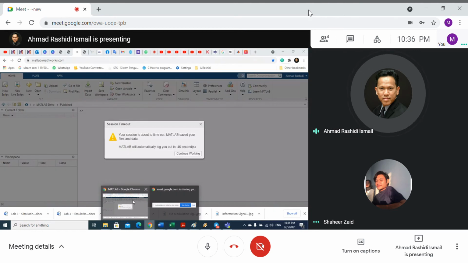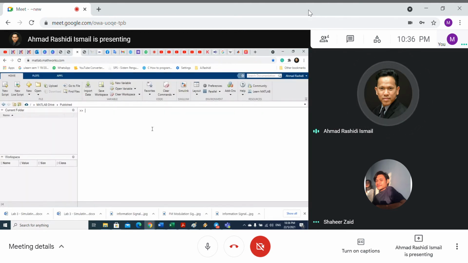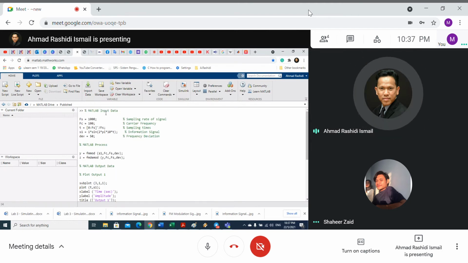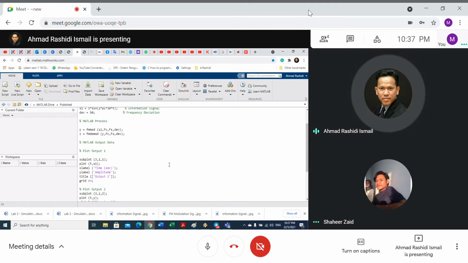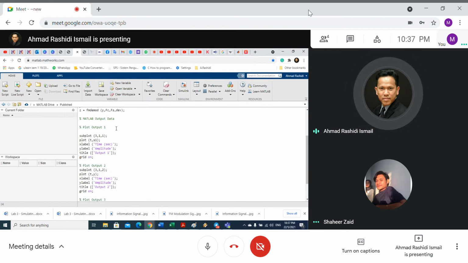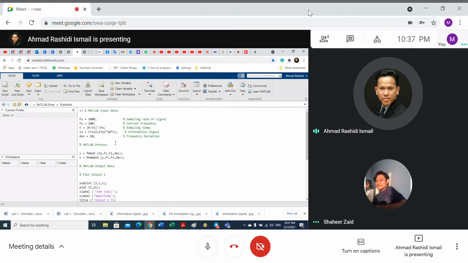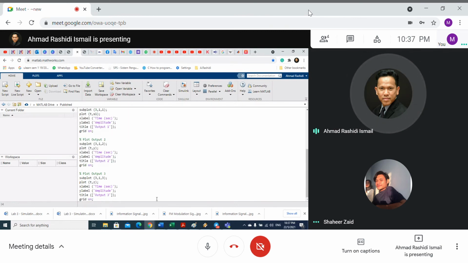Let's continue to the MATLAB application. In this case, I use the online MATLAB. All I have to do is insert the coding. So this is the coding. This is the input data, the MATLAB process, and the output data, which contains output 1, output 2, and output 3. In this case, I use a 2 hertz signal as the initial. Once I press enter,